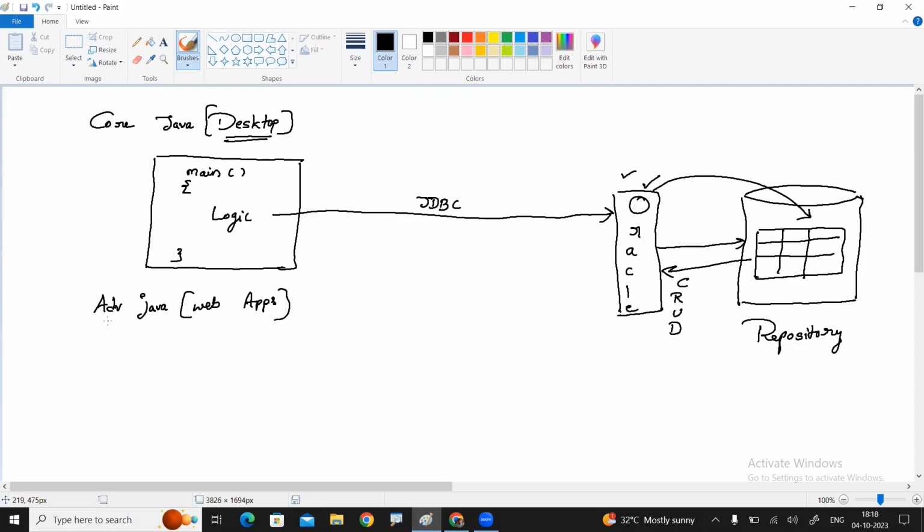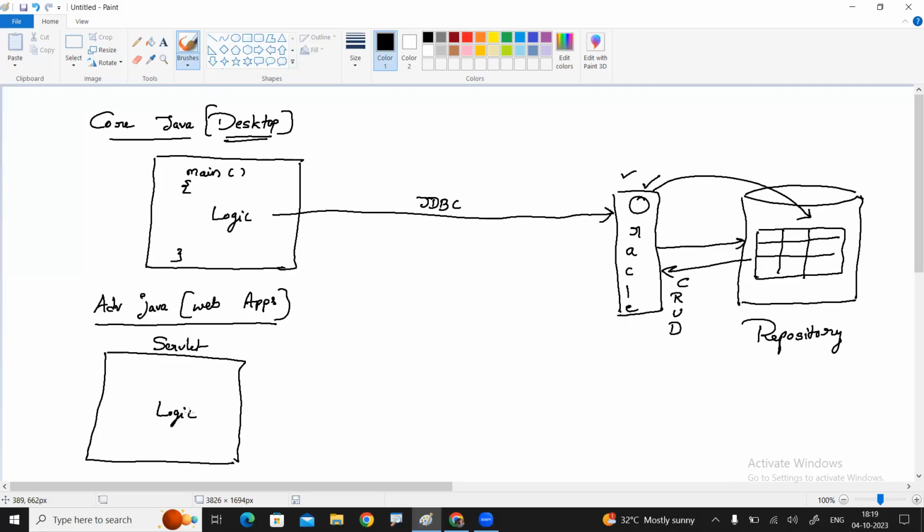The next one, we will develop advanced applications, web applications. In web applications, instead of main, you will write everything in a server-side program, simply to say a servlet. In a servlet, we are writing the logic. With the help of that one also, you can communicate with Oracle.